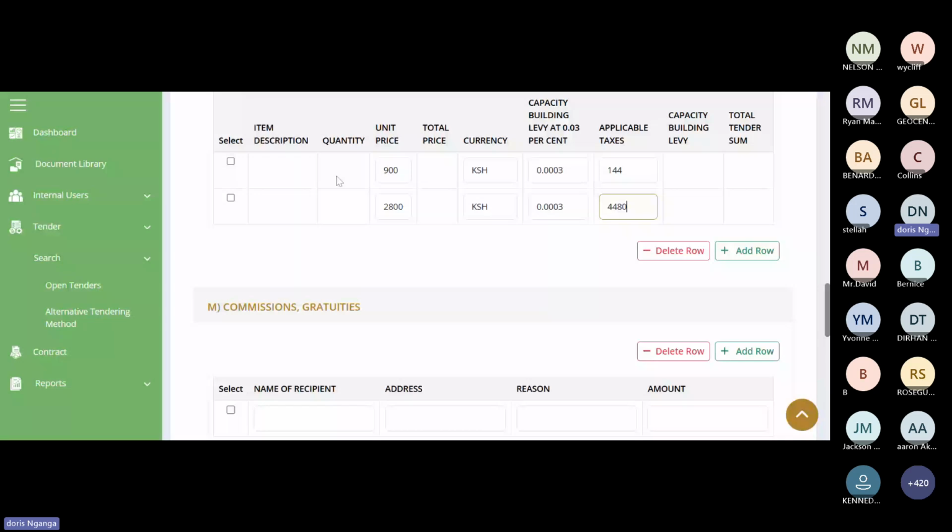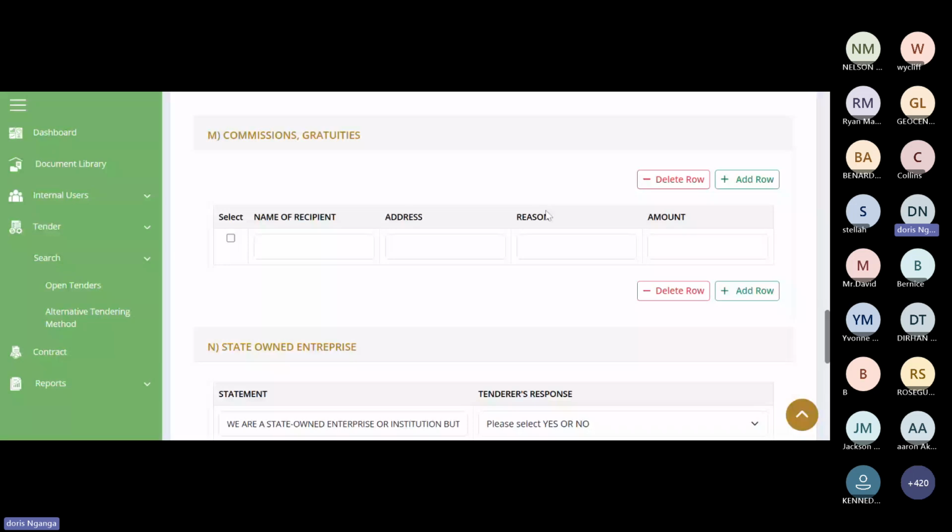And the system will also do a calculation for the capacity building levy and the total tender sum. After that, I'll move to commissions and gratuities. If you are giving commissions, you type the name of the recipient you're giving that gratuity to, the address, the reason as to why, and the amount. For me, I am not giving any commissions or gratuities, so I'm going to leave it blank.